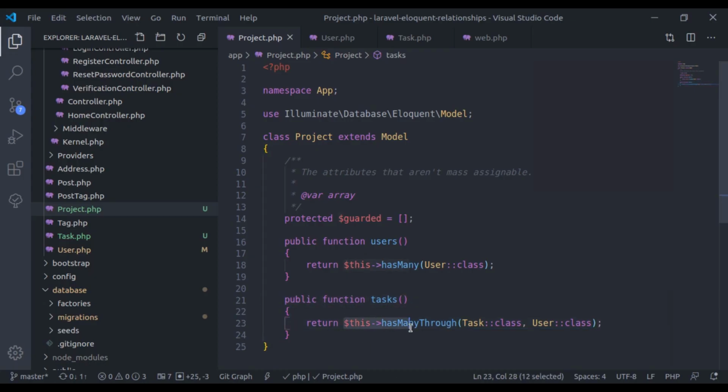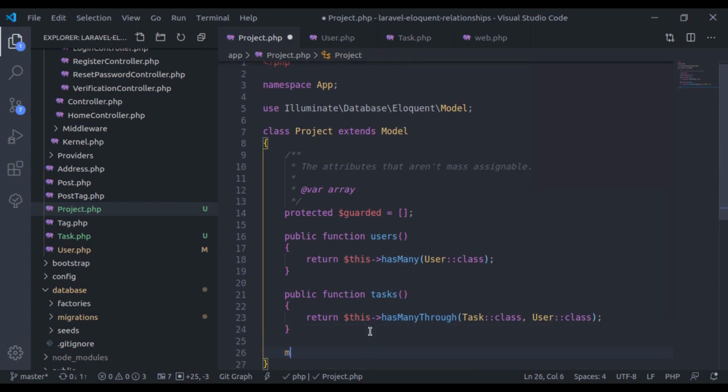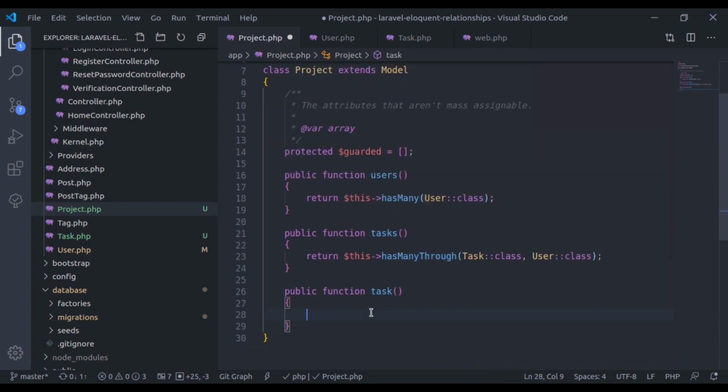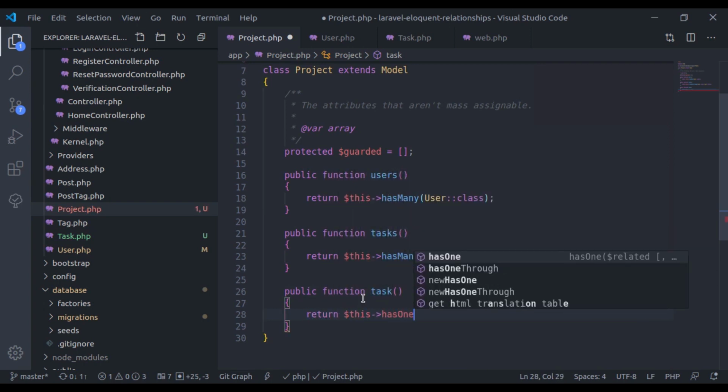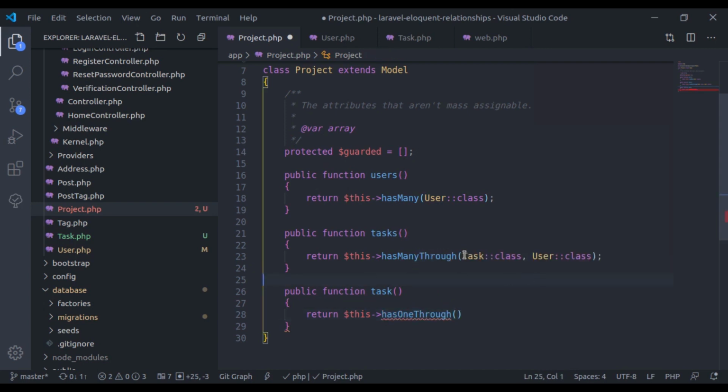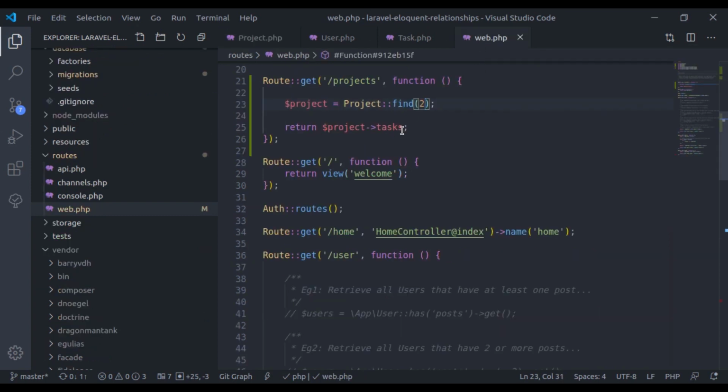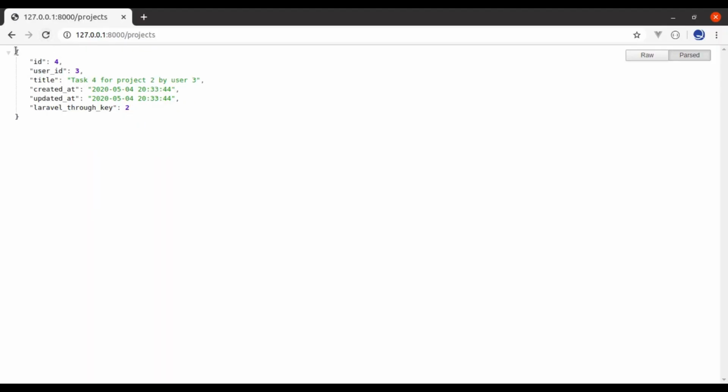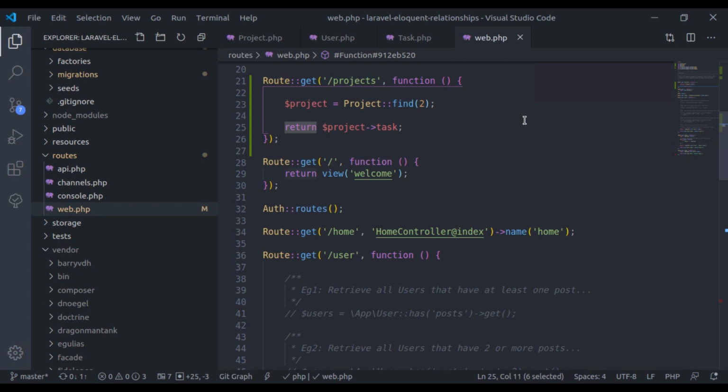Similar to this has many through relation, we also have has one through relationship. Let's see. Task. This has many through relation returns the collection of tasks, but has one through relation returns the task model, and it will return $this has one through, and this is exactly the same as has many through. And now in the web route here we will pass fetch me the task and refresh, and here we get the single object task. Instead of returning, if I dump here,